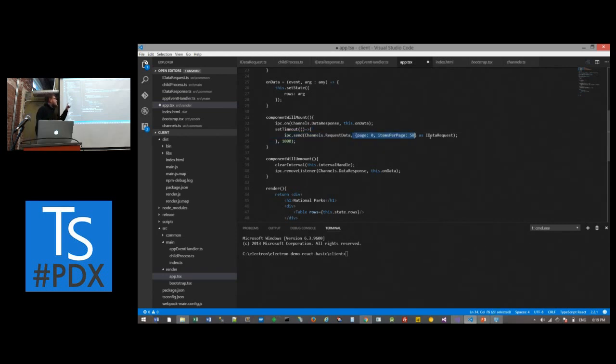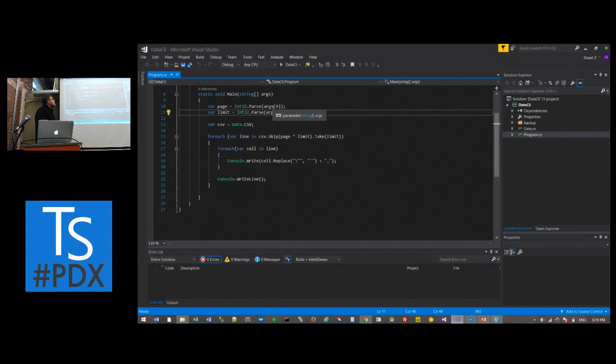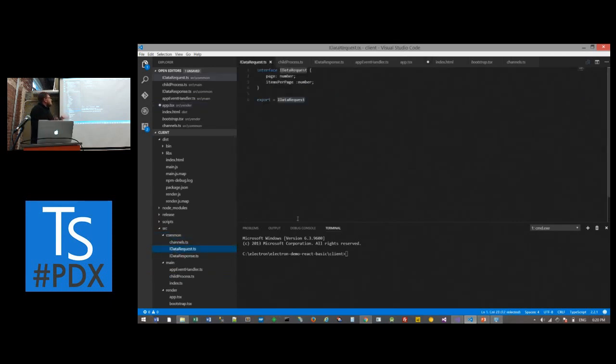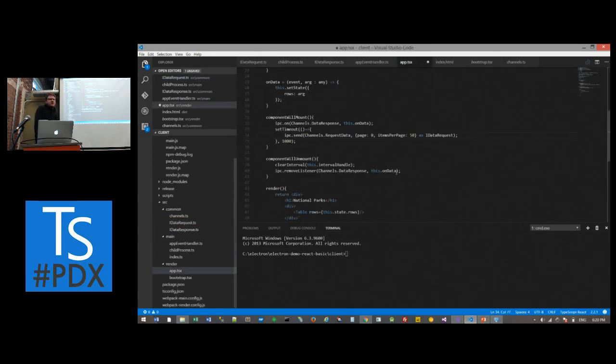These are the arguments in my command line application, which is 2 arguments, 2 integers, one's the page, one is the limit. I'm passing this in with an interface, IDataRequest, okay? This is a really simple interface, but it gives you the idea that I'm sending an event and I want to strongly type it, right? So that actually gets sent down from the render to the main,